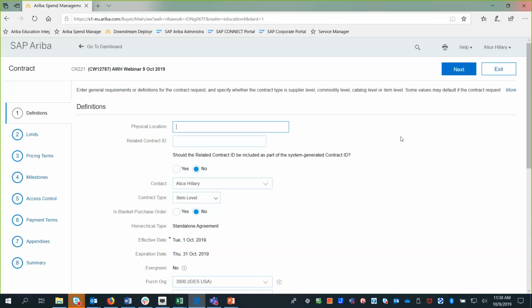If I was not suite integrated, this is the point in time where I would start my contract compliance in a non-integrated environment. Physical location, if I want to note where the hard copy of the actual printed document is, I could make that